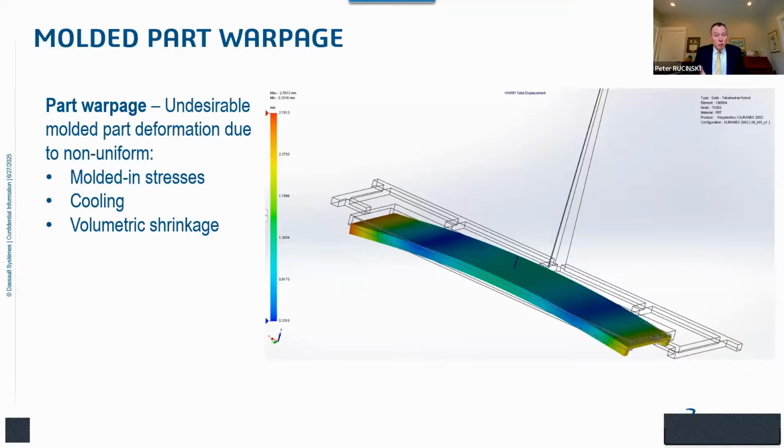There's multiple causes of part warpage. So this is the other thing, right? Even if your parts are warping, if you're not using simulation, it's very difficult to know if the part is warping simply due to non-uniform molded-in stress, non-uniform cooling, or non-uniform volumetric shrinkage. Or then we can start to complicate matters by looking at fiber orientation and the resulting mechanical properties and what happens there. You can see this all gets complicated in a hurry, and if you're not using simulation, I think it's a lot of head scratching and trial and error.